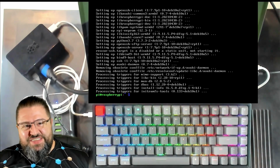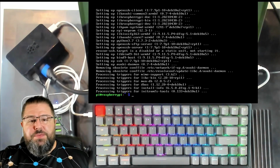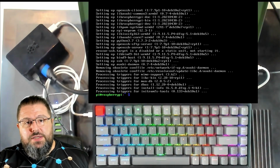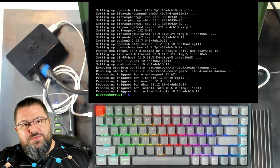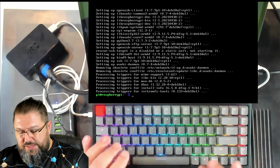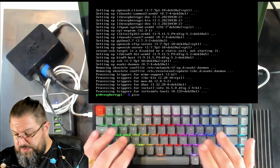And it's done. Now there is something to say. Let's say you want to leave the Raspberry Pi alone without keyboard and monitor and only access it from outside. We need to make sure that it has a fixed IP address. To do this, we need to edit a file. We use pico